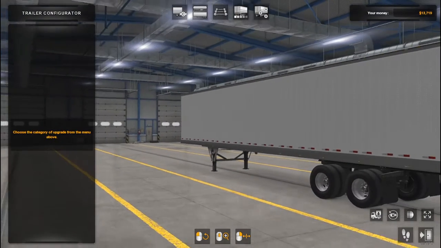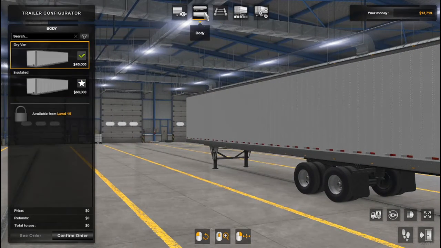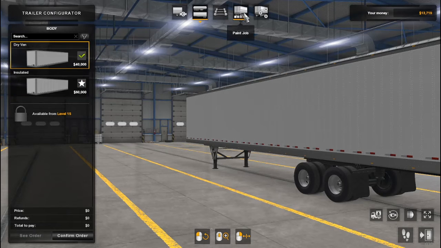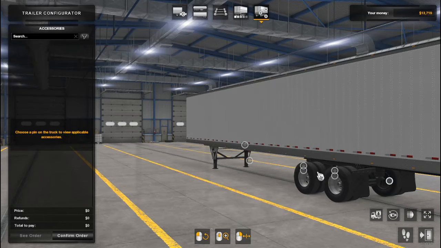So we are actually going to do some upgrades. We can't really upgrade the length. We already have the max for where we are right now. We can't do the insulate because it costs way too much. So we are actually going to go right over into the accessories for it, and we are going to upgrade the tires,